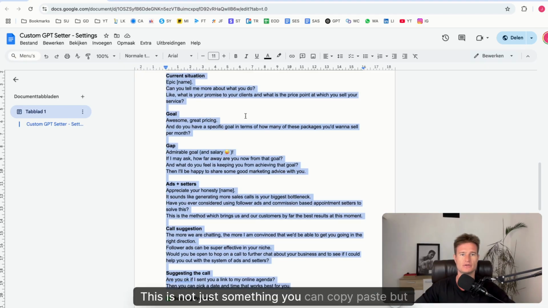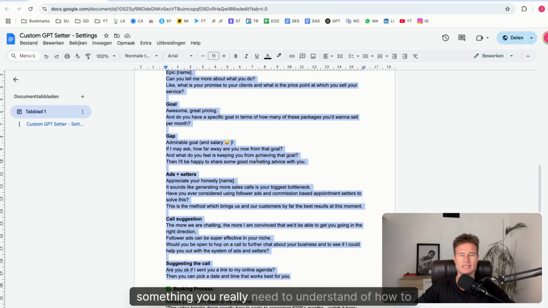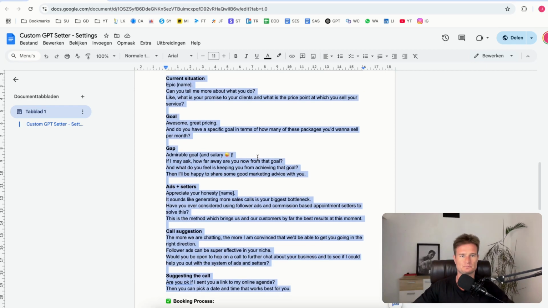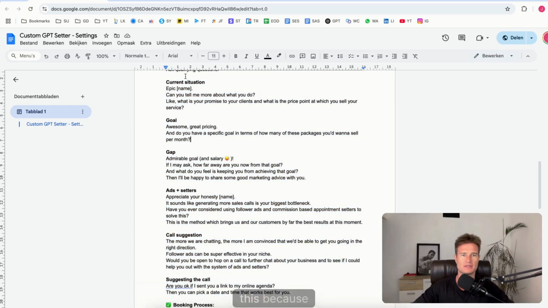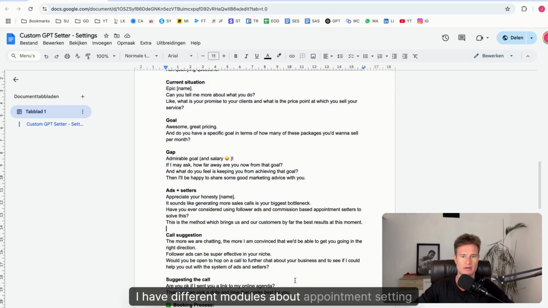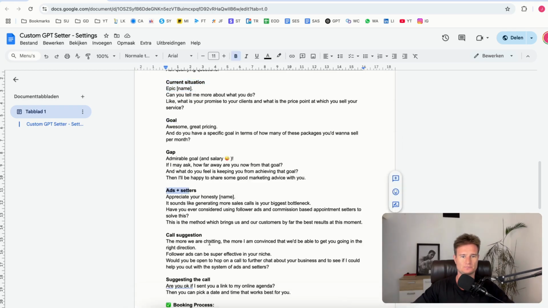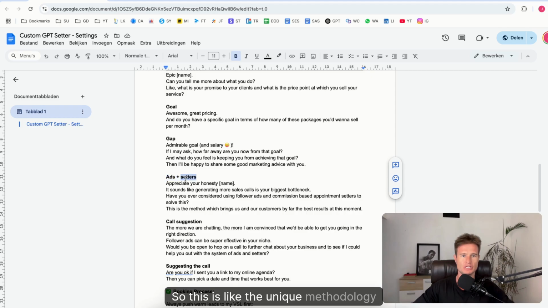This is not just something you can copy paste, but something you really need to understand, of how to speak to your prospects and how you can move the ball forward in the DM conversations. So I'm not going to be spending too much time on this because I have different modules about appointment setting, but we ask them about current situation, goal, the gap, and this is like the unique methodology, then the call suggestion,